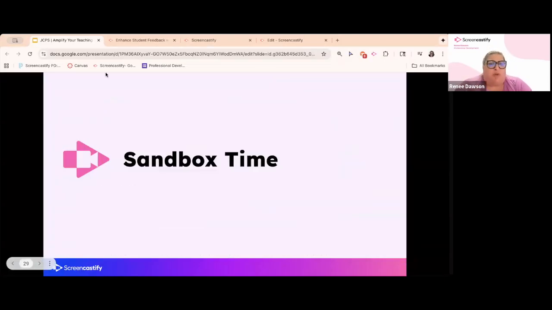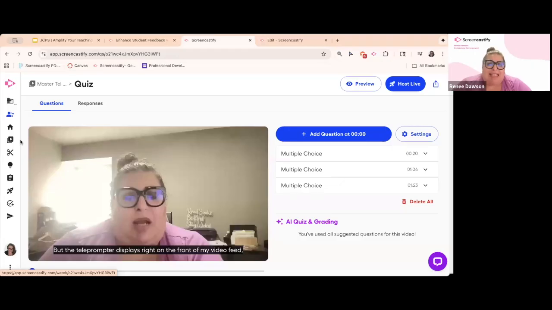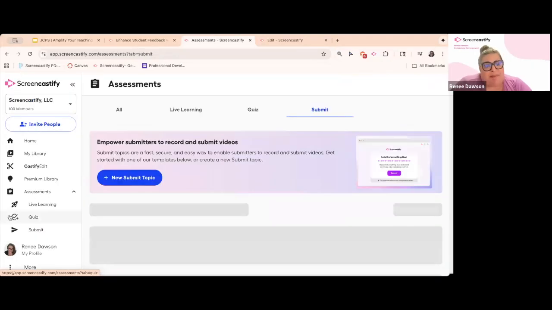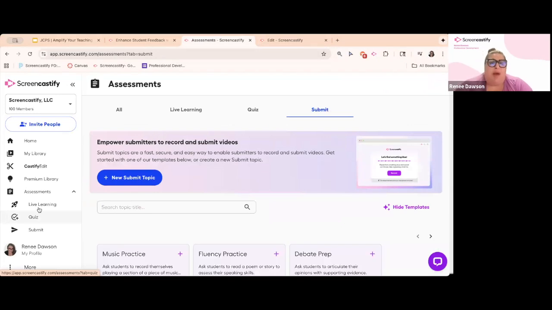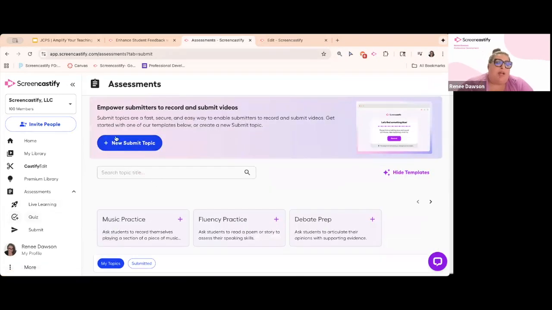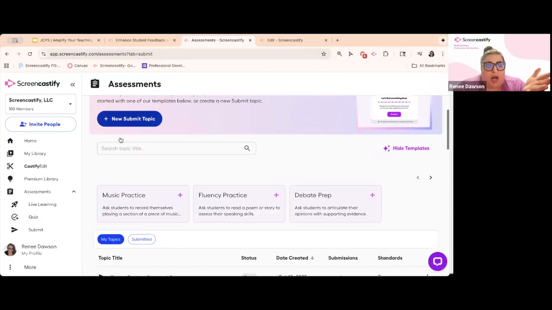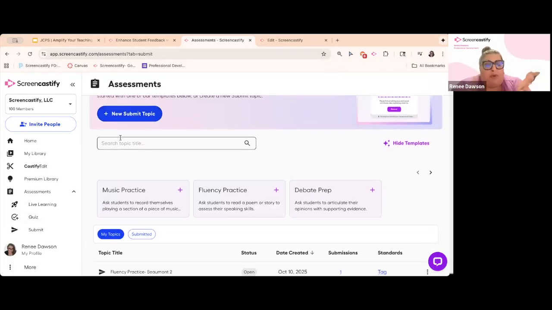Before we go into Sandbox, I just want to show you Submit. You can access Submit by clicking on the paper airplane at the bottom of your screen. This will take you to our Submit page. And you have two options with Submit. You can create a new Submit topic from a blank template, or you can use one of our pre-programmed templates and customize it for what you need. We have a music practice template,